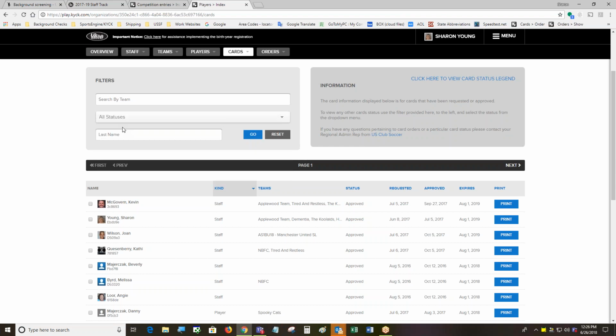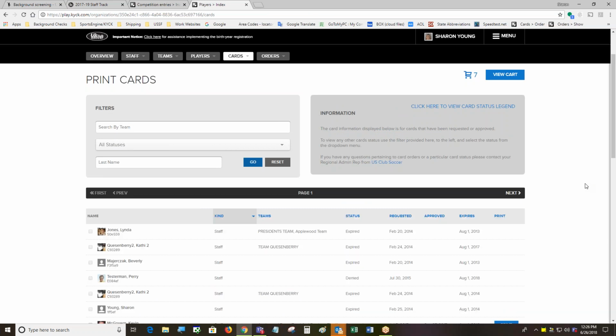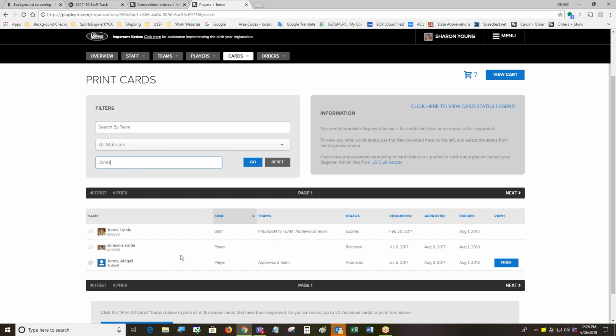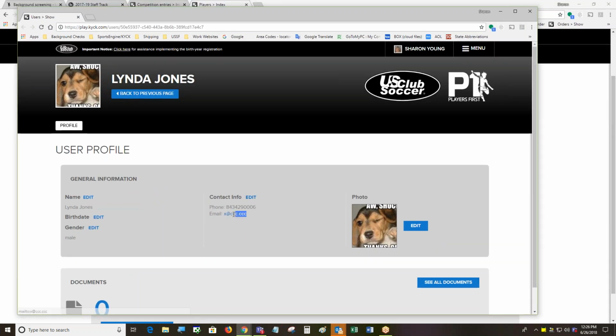Remember I told you, if you have staff who you've removed from your View All Staff page, somebody removed them from a team and they weren't already assigned at a team level with another team, enter their last name. And then you can find them, and then you can click on, I'm going to click on this one. She was a staff, so you see your kind here. And you can open it and take her email address